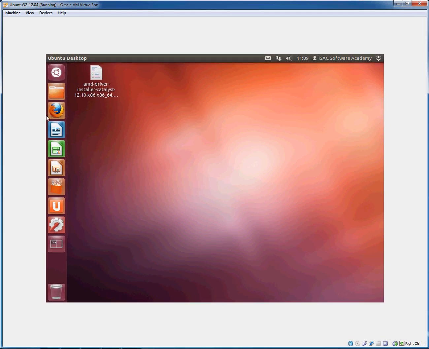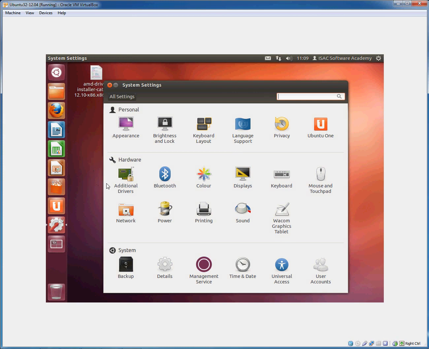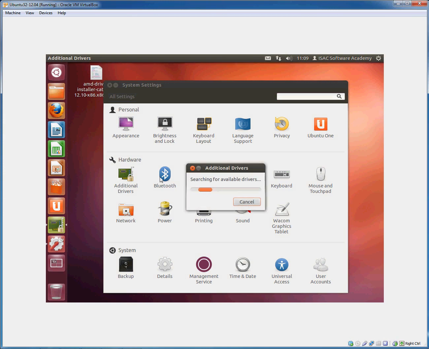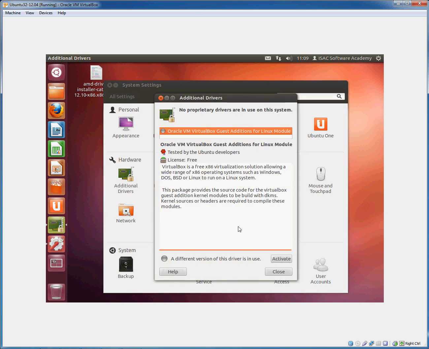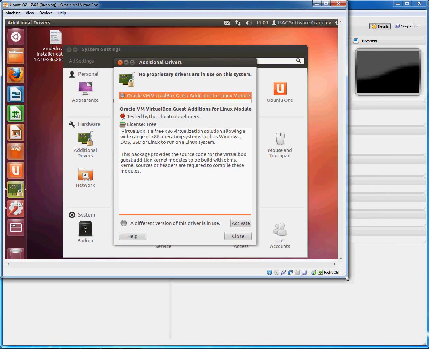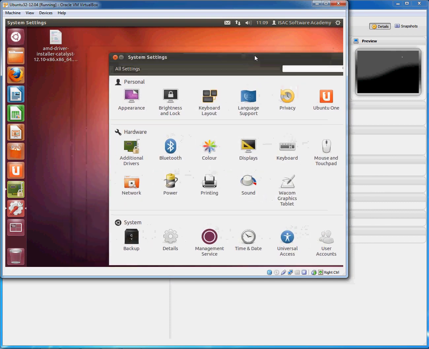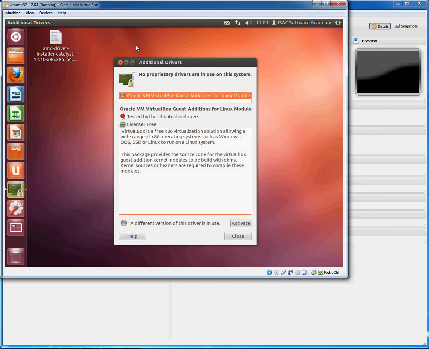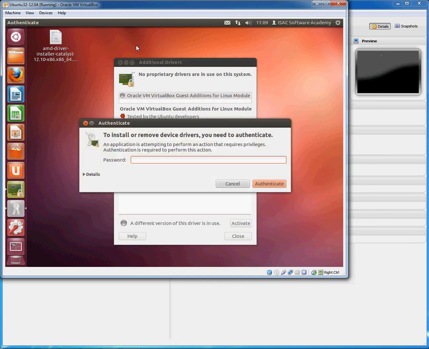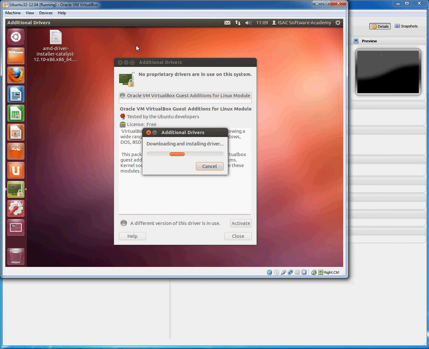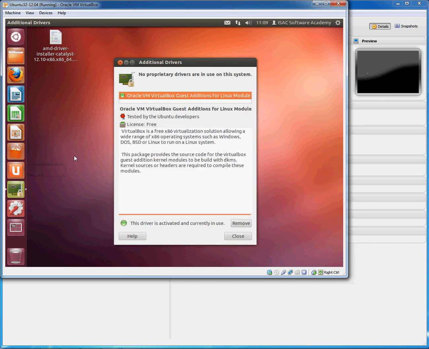So at this point it isn't particularly happy with the resizing of the screen, which is understandable without its lack of drivers. So I need to go in now and reinstall these drivers so that it's available. Unfortunately at the moment it doesn't seem to like my mouse either, so I'm just going to resize this. Hopefully it fixes it. It doesn't, so I'm going to probably have to use keys in this instance. So we'll activate that now, and at this point in time it should want a reboot. As you can see it's still not particularly happy with my mouse,